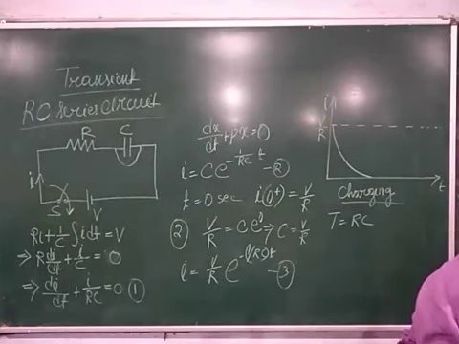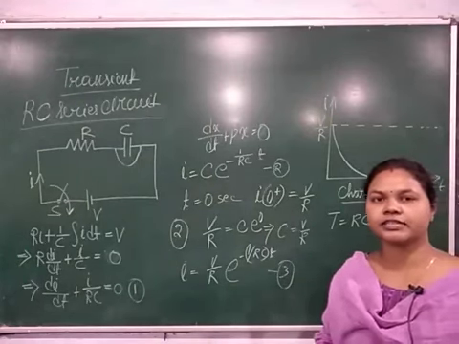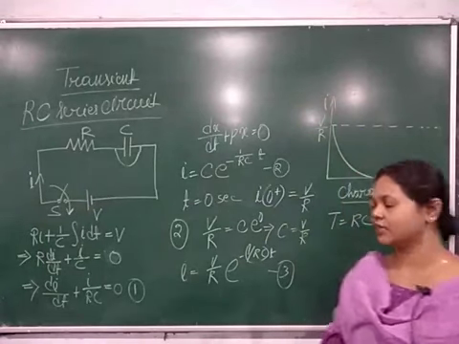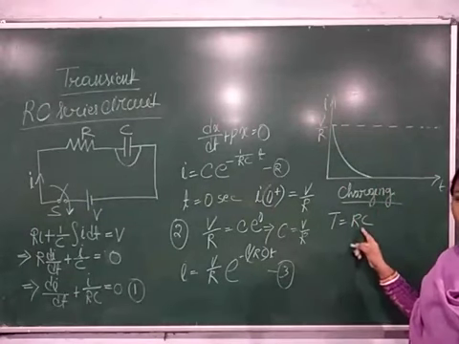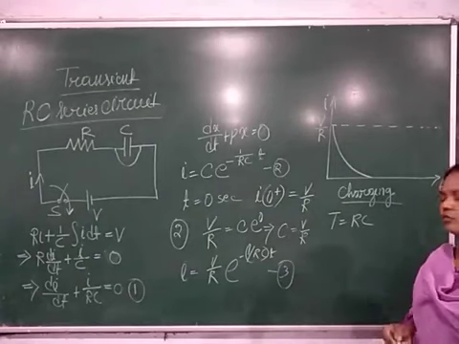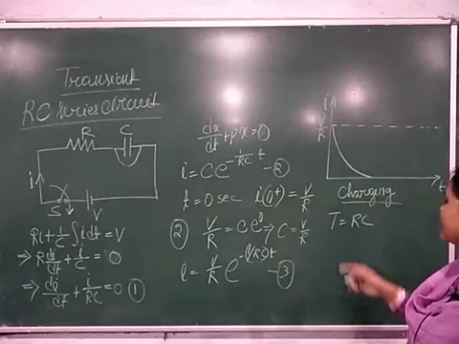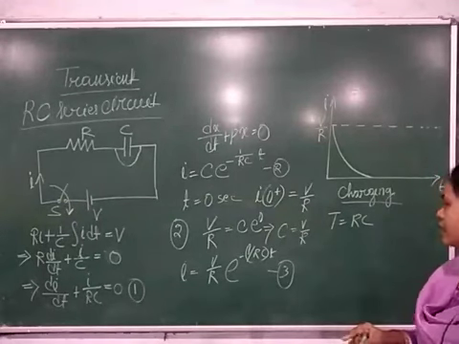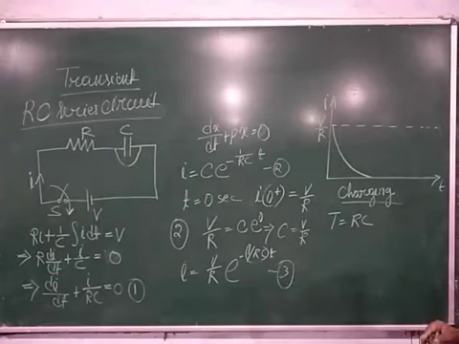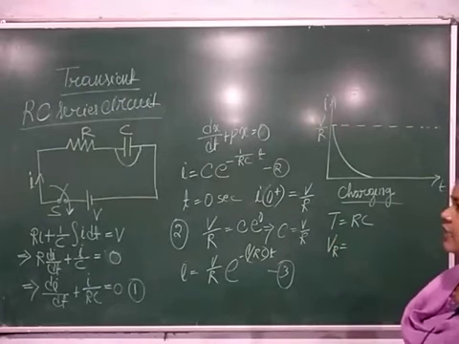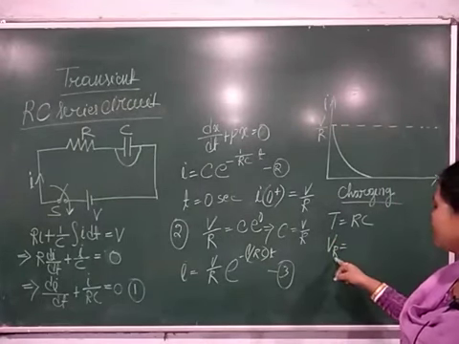In your previous video class, where we discussed the transient response of the RL series circuit, we discussed this time constant. Time constant means the time taken to reach from the initial value to the final value of the response, and the reciprocal of the time constant is called the damping constant or damping ratio. Now, at this instant, how much voltage is dropped across the resistor?